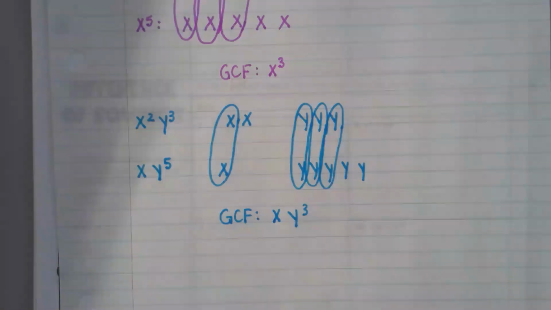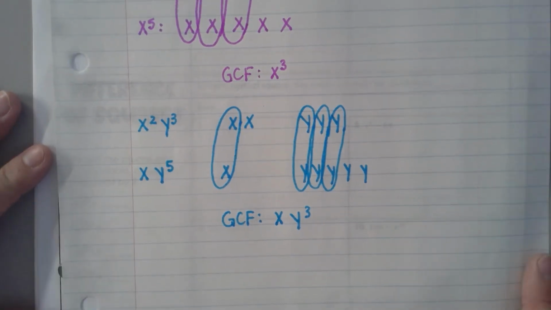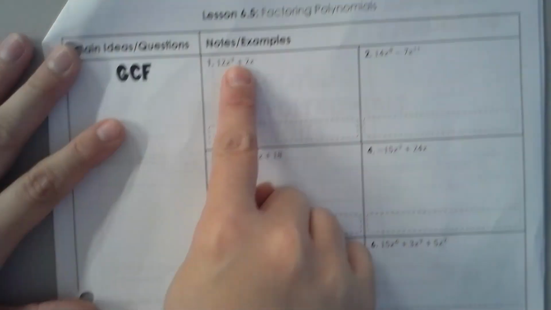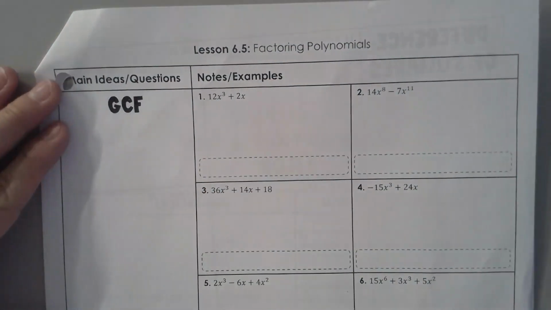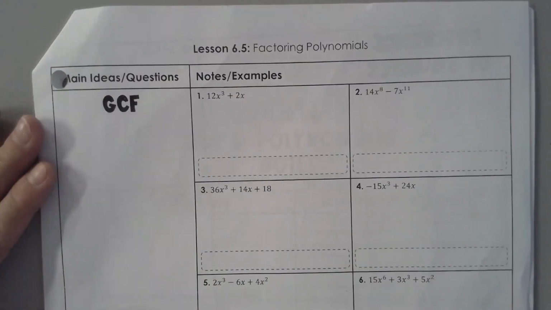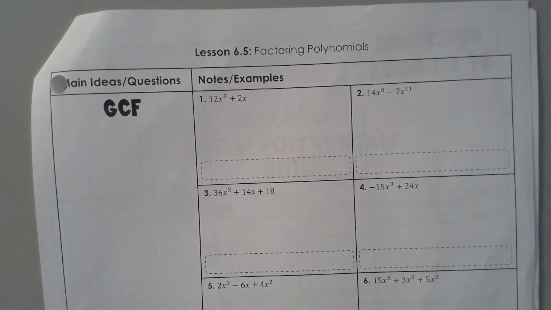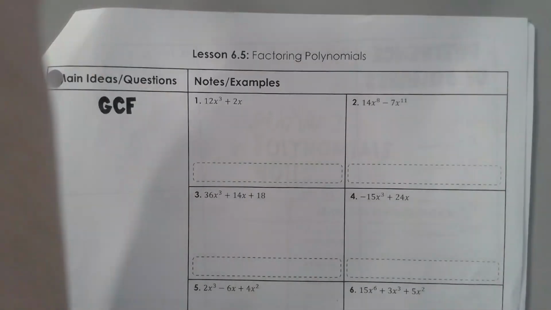So we're going to use this. All we're doing are 6 examples together of factoring by GCF. Now, when I say we factor by GCF, that means we find the GCF, but we also have to write beside it what's left over when I take out the GCF. So I'll show you what I mean. Let's start here with